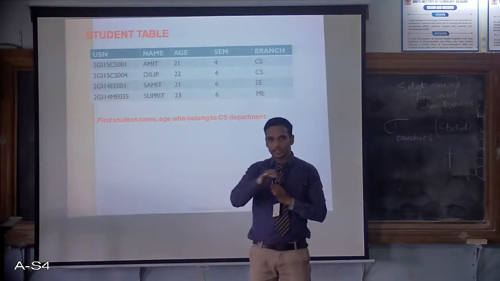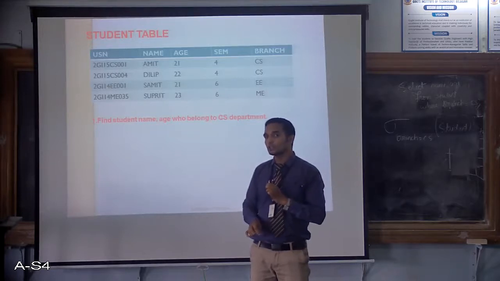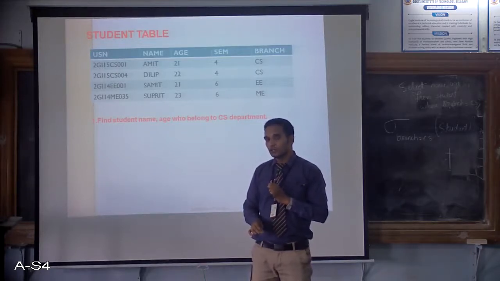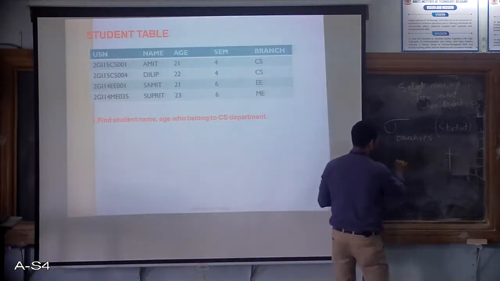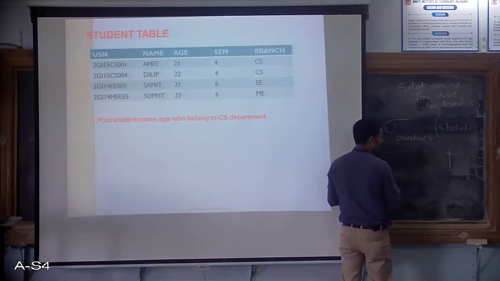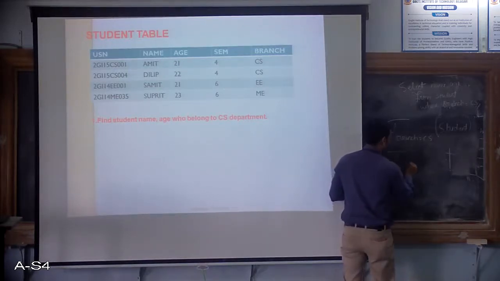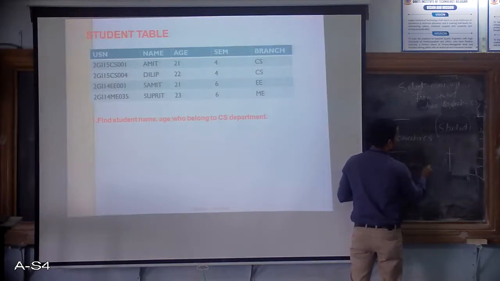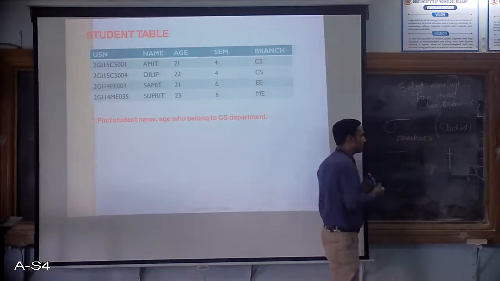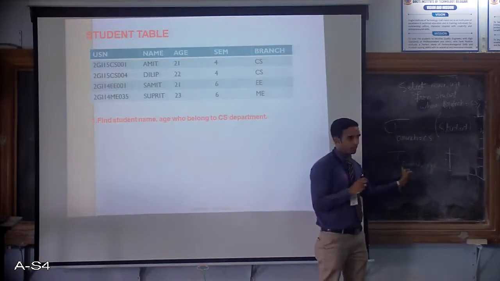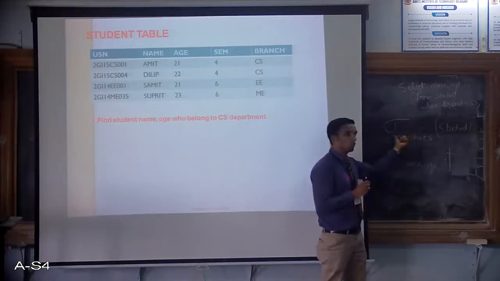So from this query, what I want, the rows are selected now. Now from those rows, I want only specific columns. How to fetch the columns? Yes, how to fetch the columns? Exactly, pi. Pi, what should I write? Name, comma, age. So pi is name, comma, age. Fine. This will select the name, comma, age. But from where? The output of this.